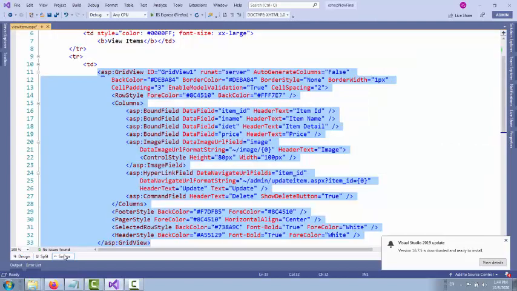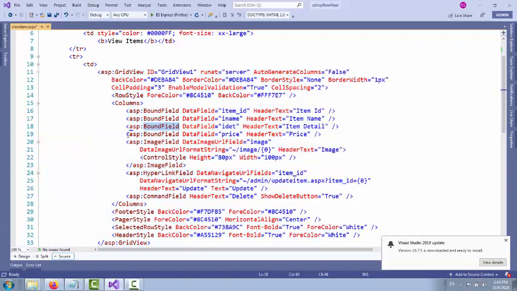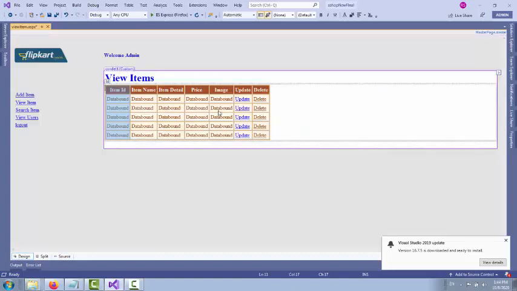If you want to see what properties we set, I have given this particular code, so you can copy and paste. I give the whole code, from the table to the whole table, and the .aspx, the whole code I included inside your notes. So you can easily refer to this text and implement it. Now this one is the source code, and you can also check what we set here.